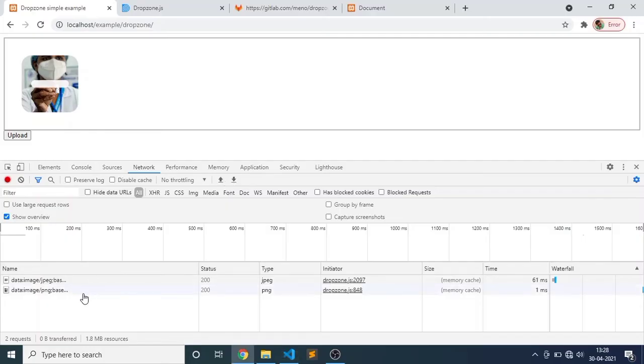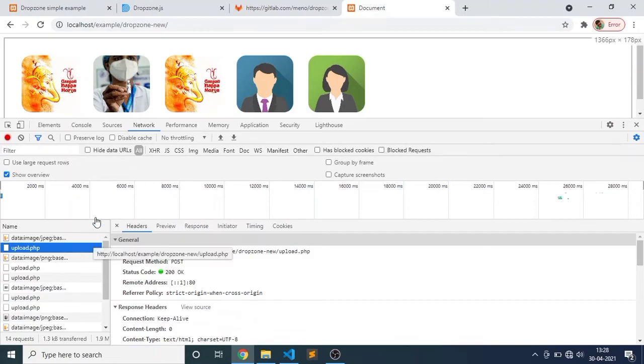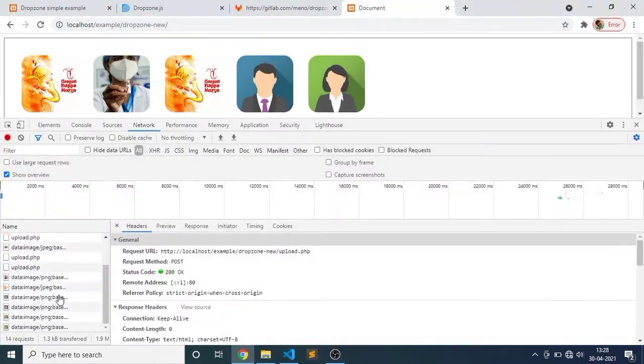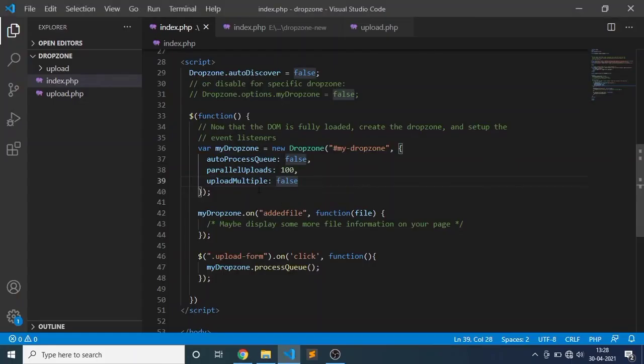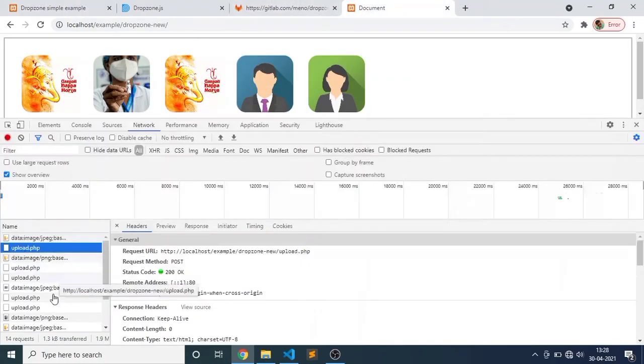uploadMultiple false means what? As I said, when I upload this whole set of files, each individual file has an individual upload. But if you pass uploadMultiple true here, then however many images are selected, all images are sent in one request, not like multiple requests.